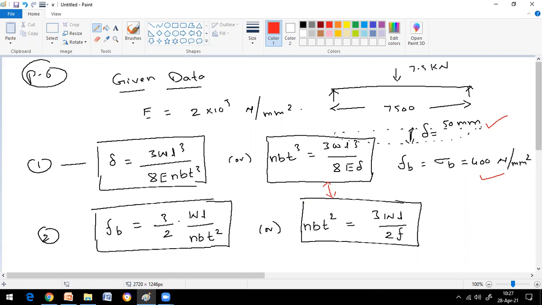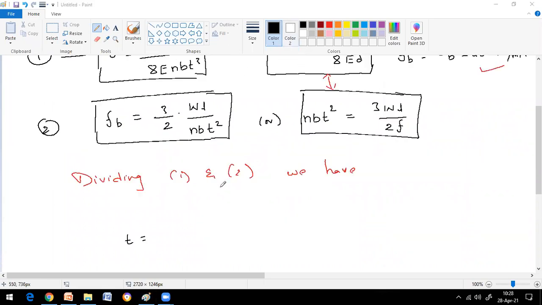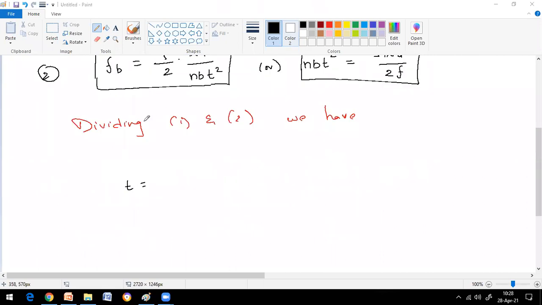Now what we do is divide equation 1 by 2. Why? Because if you divide both equations, NBT cube by NBT square, only T remains. So T is equal to